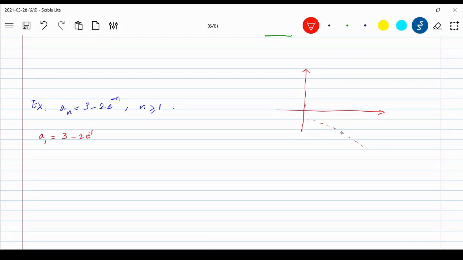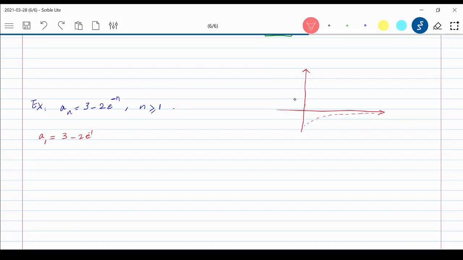As n is increasing, sorry, not this way, the other way. e to the power negative n would look like something like this, because the negative was the other side, sorry. As n is increasing, then you would have,